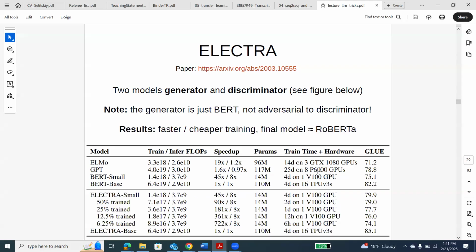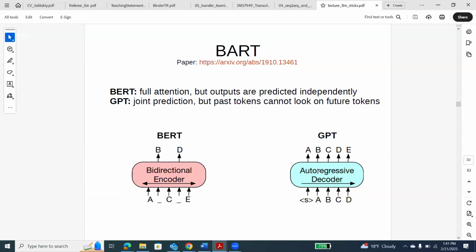Again, some metrics. Oh no, these are just parameters. Okay, so